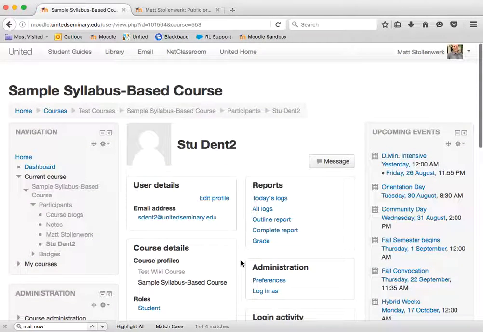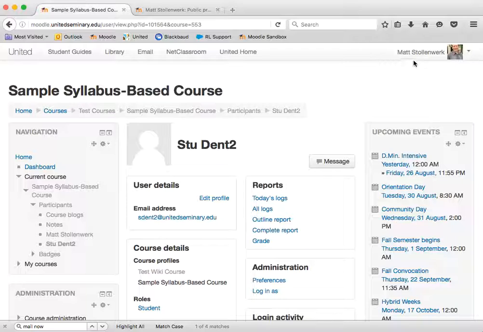Now, another thing that's related to profiles that I think is a really good idea for you to set up is notification preferences. During the course, there's going to be a lot of activities that you might want to be notified about. Things like when a student submits a post to one of the course forums, if a student submits an assignment, or if a student sends you a personal message within Moodle. You're not going to be in Moodle all the time, but you do check your email. So email notifications